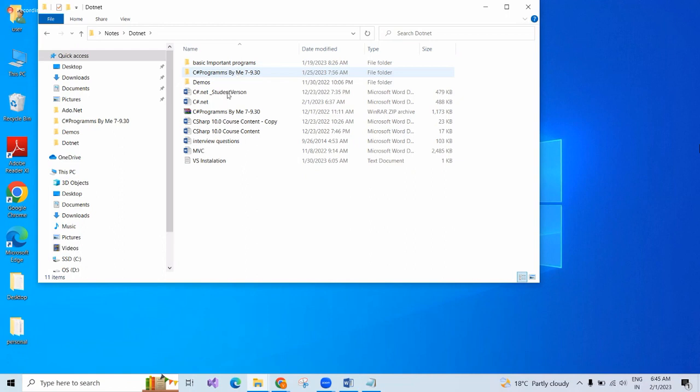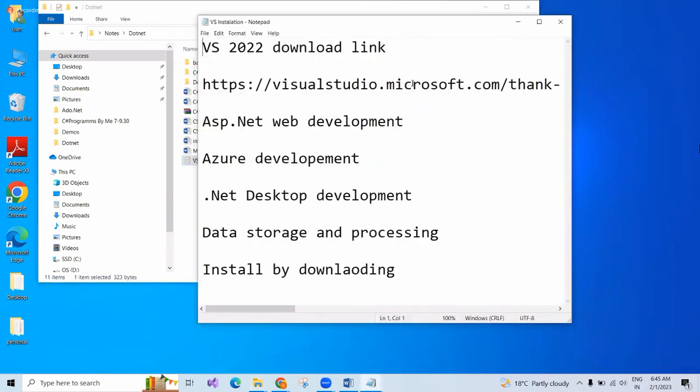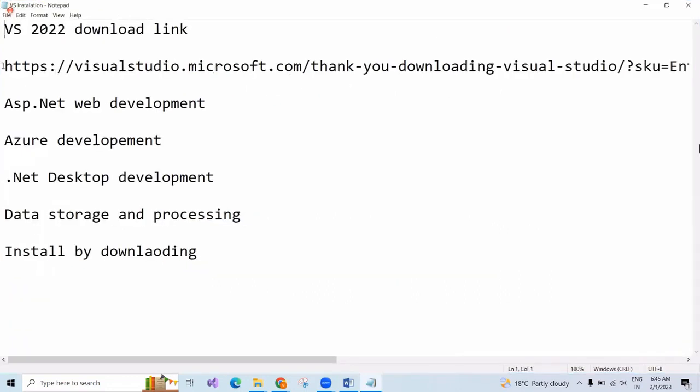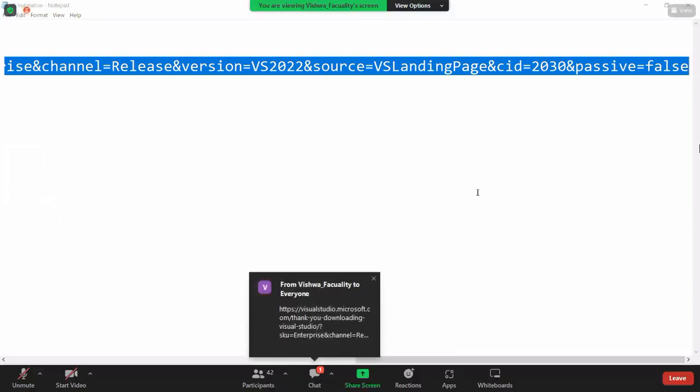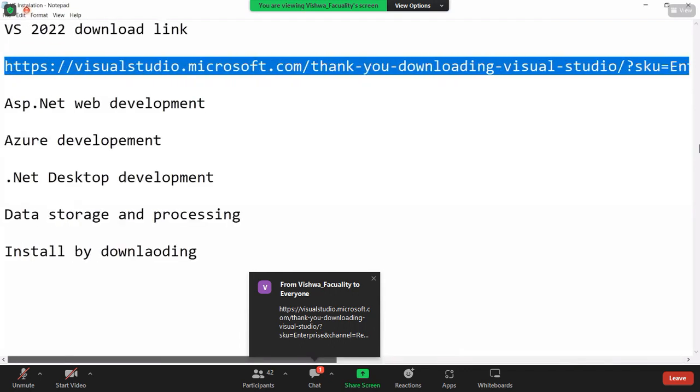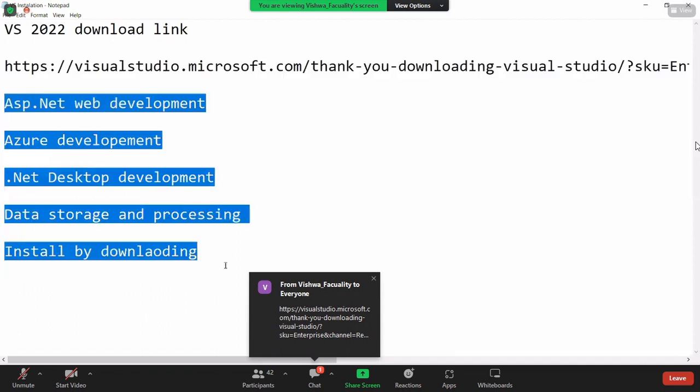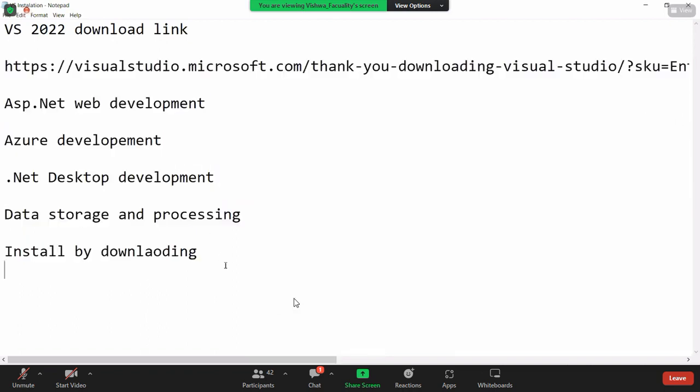But my suggestion is, this is very simple. Just click on this link, and the software will download automatically. After that you need to select these three things.